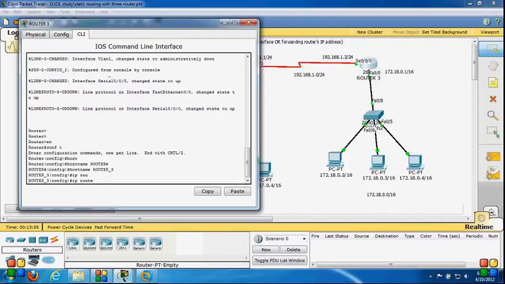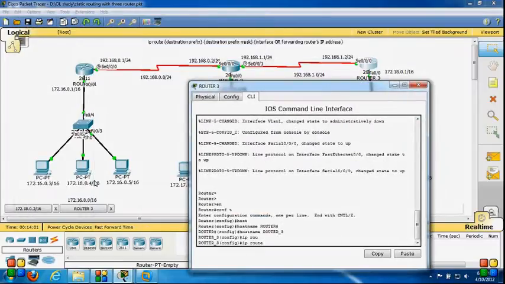This time my destination network is 172.16.0.0, the subnet mask is 255.255.0.0, and this time my next hop IP is 192.168.1.1, because I have to go to router 2's serial 0/0/1 interface to reach that network.